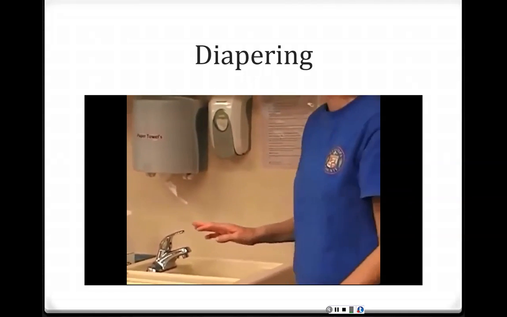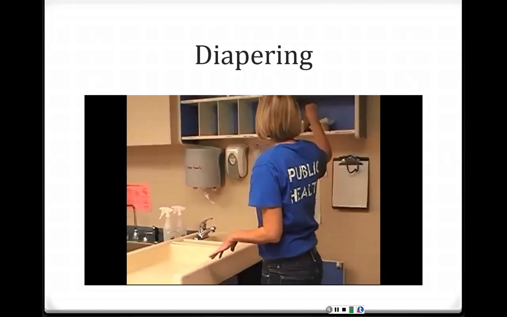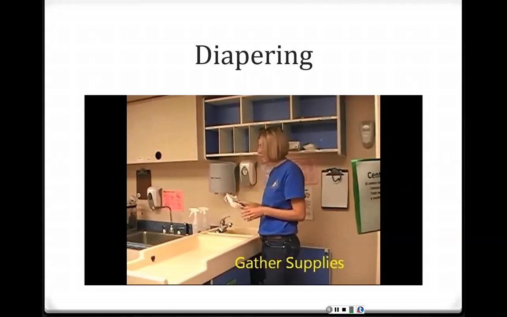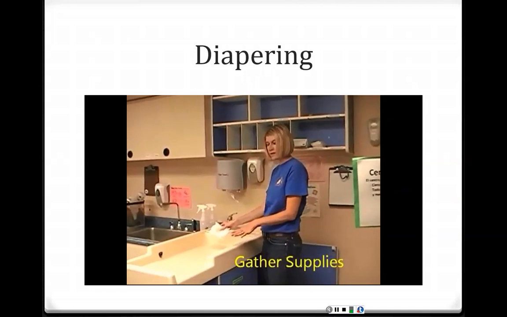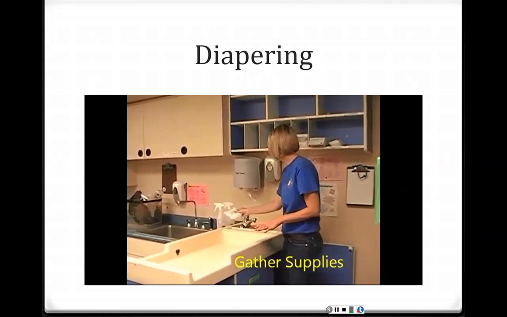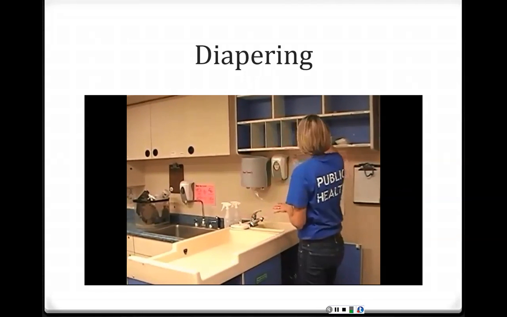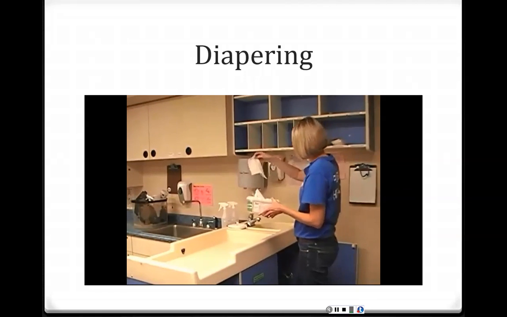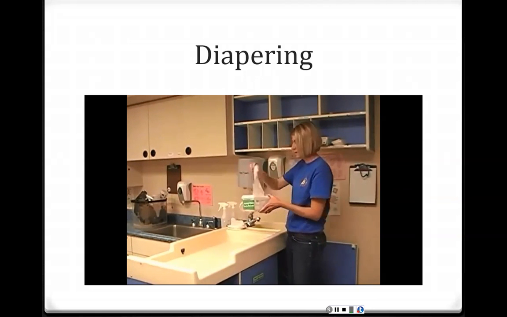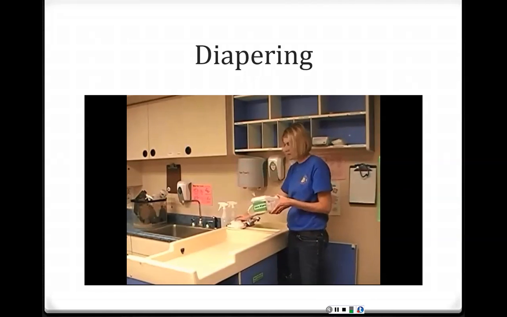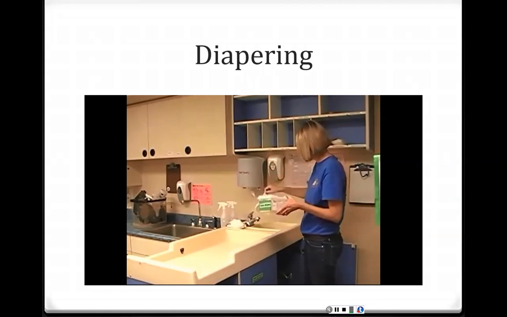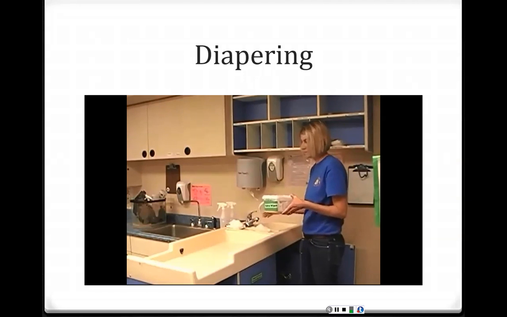Now I'm going to prepare my station. I need to get a diaper, and if you have a ledge that you can put your items on, instead of putting them directly on the diaper changing table, that is the best. So I'm going to put my clean diaper, and I'm going to grab my wipes. I need one clean wipe for my hands, one clean wipe for the child's hands, and a couple of wipes to clean the child's bottom.